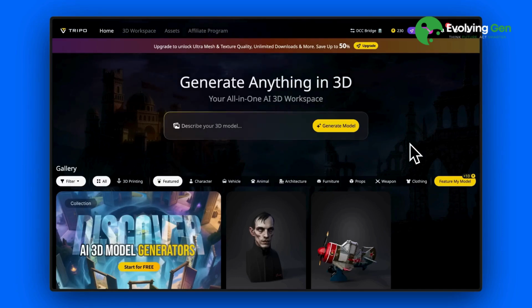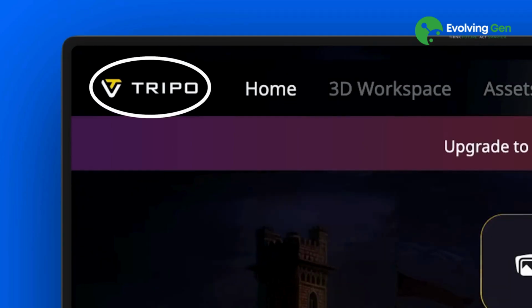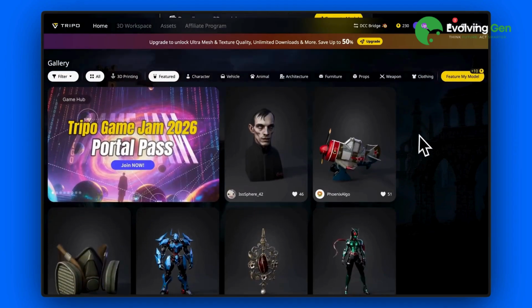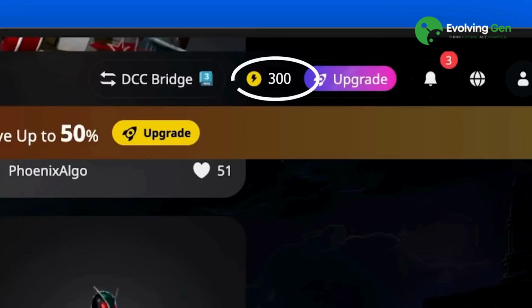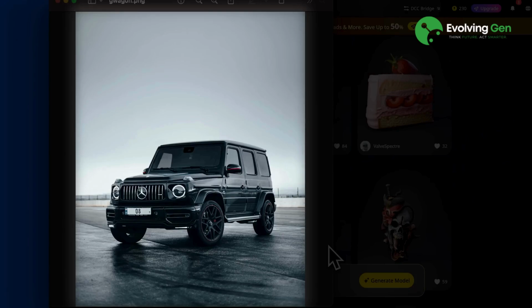So the first step to building a website like this is having a good asset, and for that I used Tripo 3D, the AI-powered 3D object generator. When I signed in, I got around 300 credits, which was more than enough for around 10 generations. Now I needed an image to convert to 3D. I had an image of the car for the hero section, but the background interfered with the model generation because